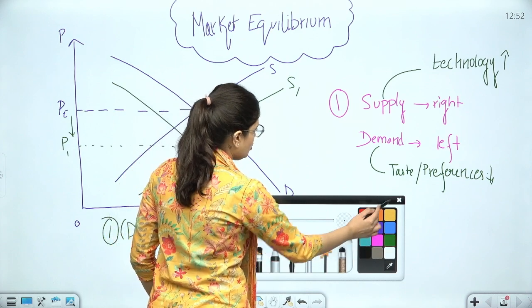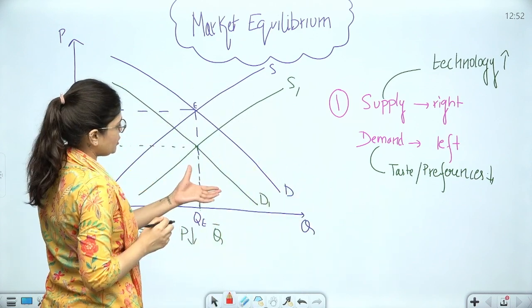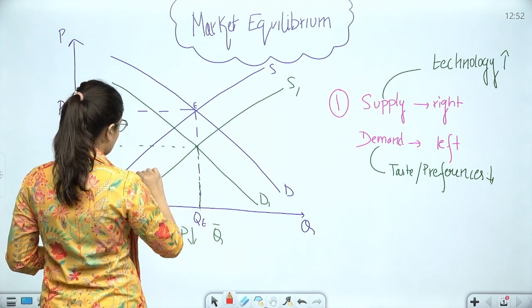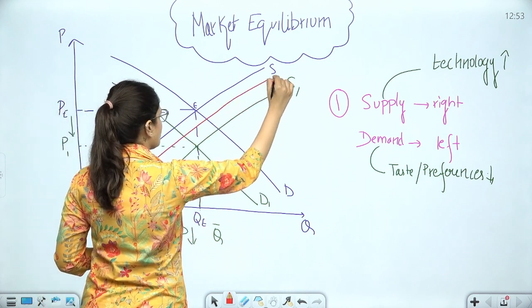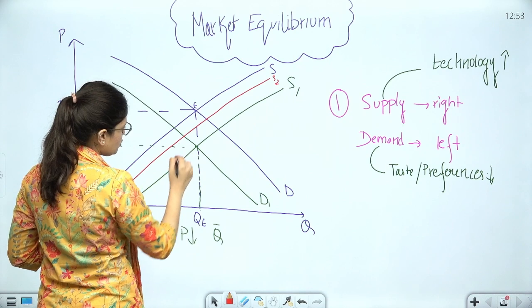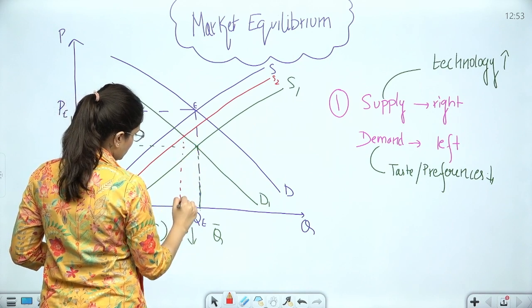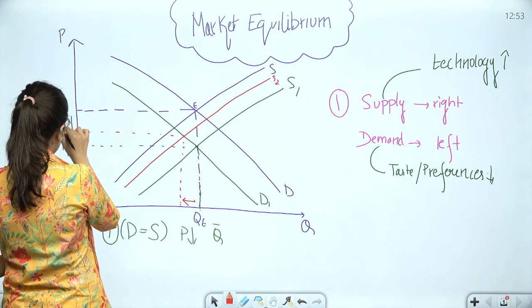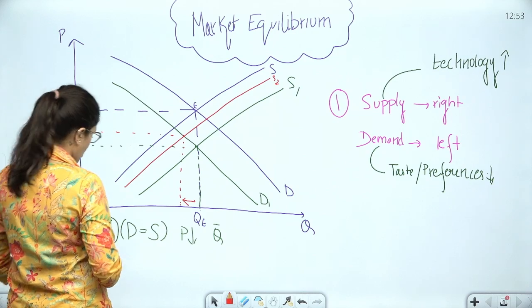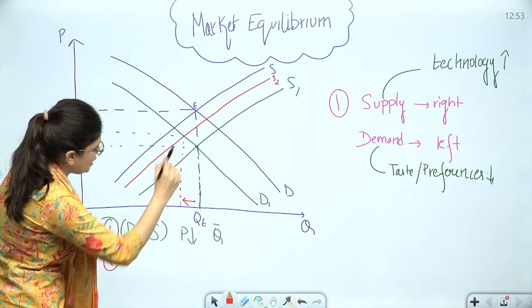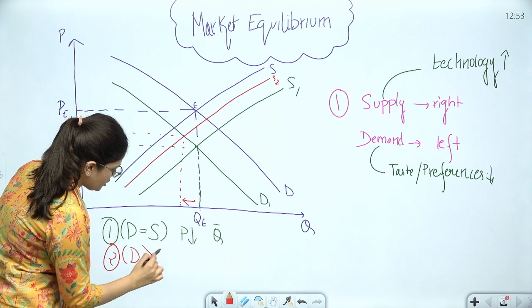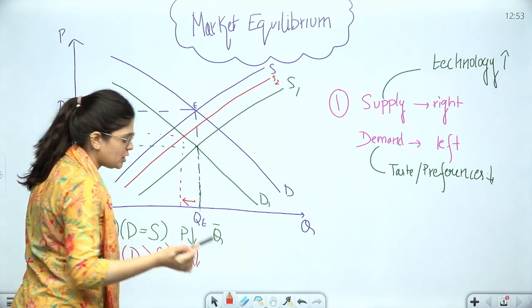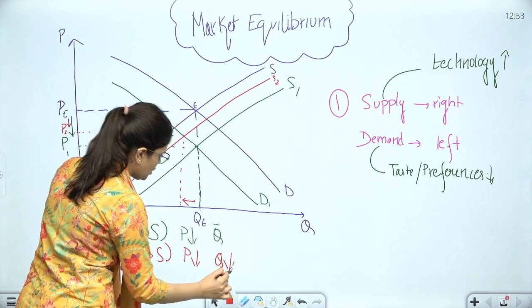Case number 2, let's take one constant, let us take demand constant, and let us say the shift in supply curve is less than the shift in the demand curve. Okay, so this is S2. So in this case, what will happen? The quantity will decrease and the price will again decrease, but with a smaller amount. Okay, so case number 2 is that demand curve is shifting more than the supply curve. So in this case, price will obviously decrease again because supply is anyway increasing, but the quantity will decrease.